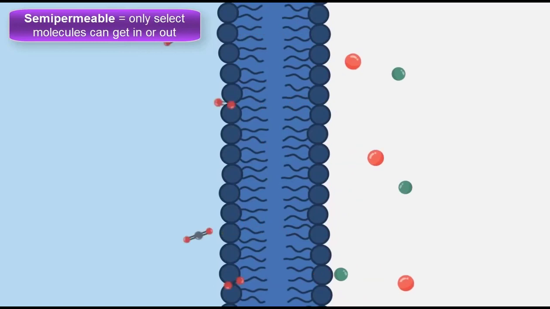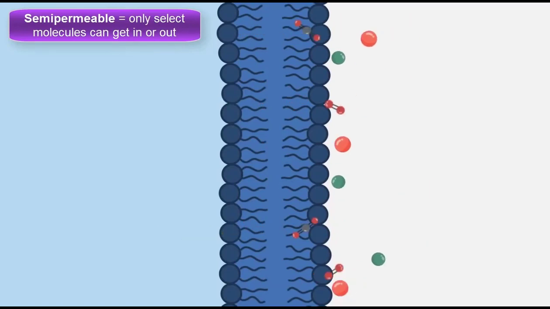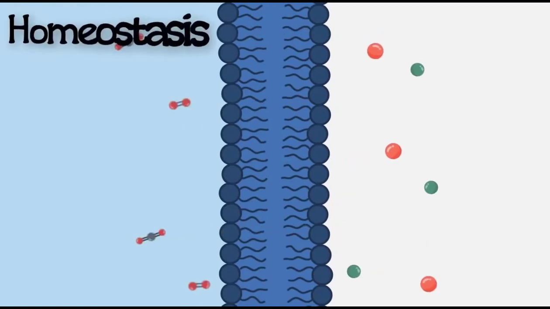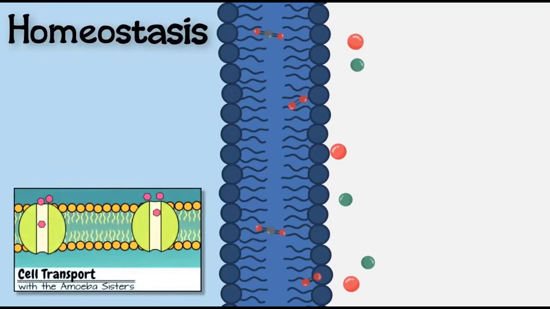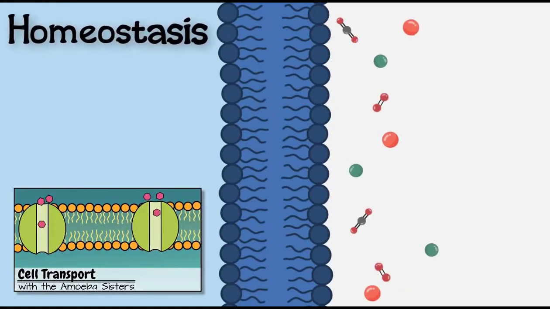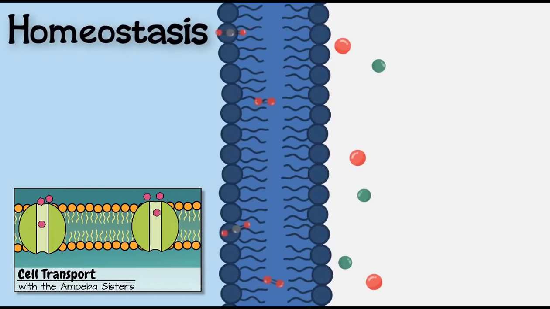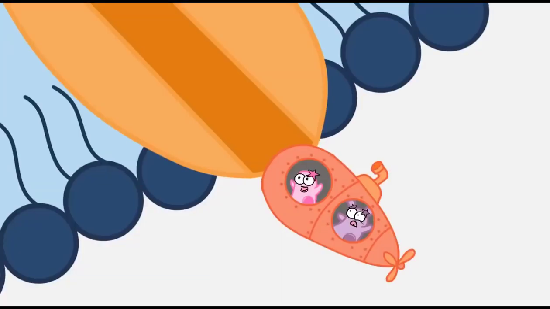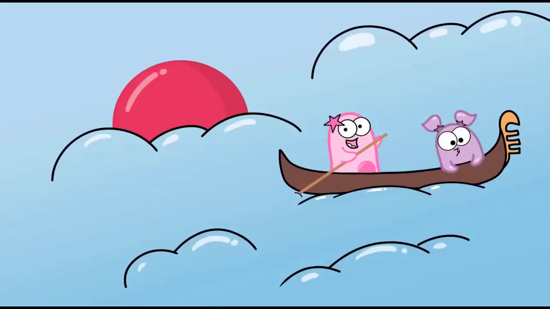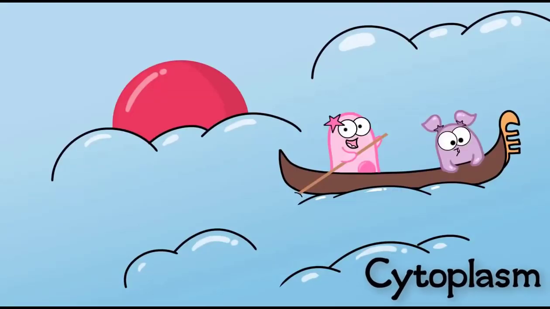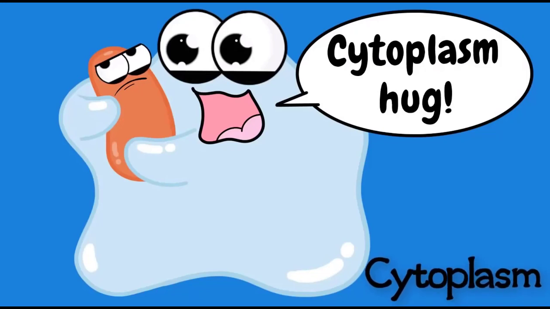But by doing so, it keeps things in the cell stable, also known as keeping homeostasis. And we have an entire video on just the membrane itself, which is found in all cells. But for now, we're just going to have to squeeze through this protein in the membrane. Now inside the cell, we find ourselves in this jelly-like material called cytoplasm. It surrounds all these internal cell structures, and you'll find it inside both prokaryotes and eukaryotes.